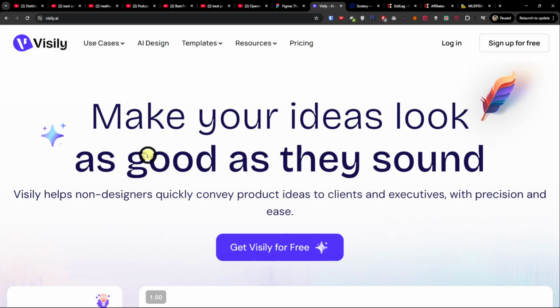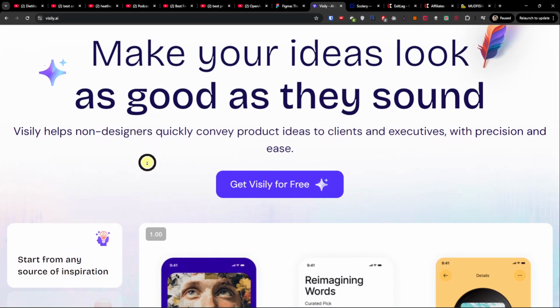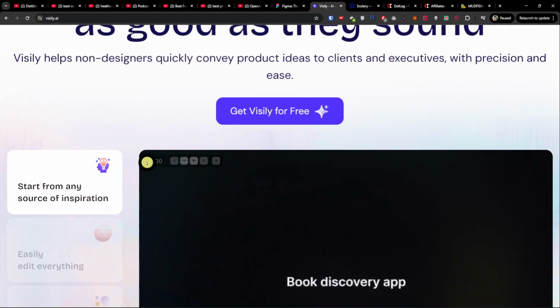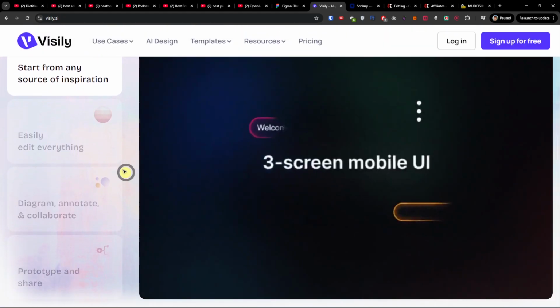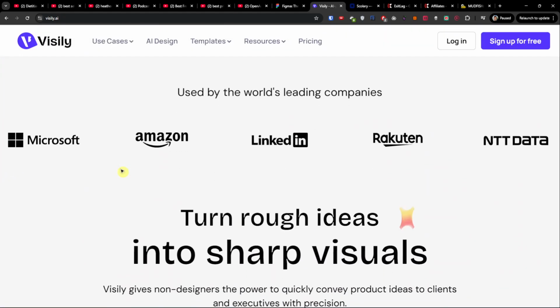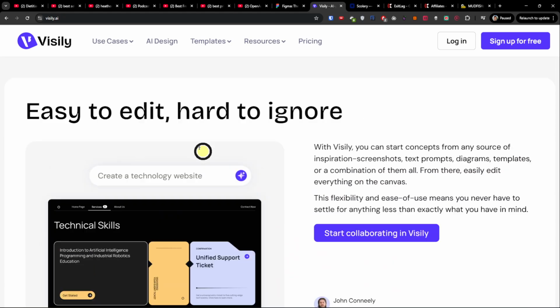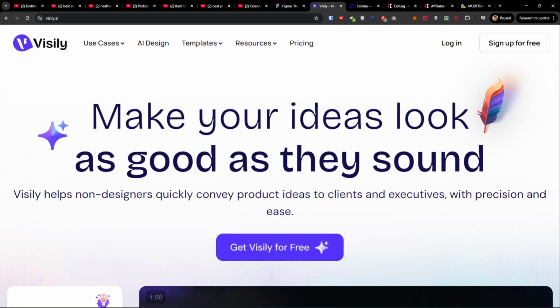So Figma is for more experienced designers with advanced capabilities, and Visily is less powerful for complex UI design and limited in advanced prototyping. So I just wanted to mention primarily these 3 as kind of the